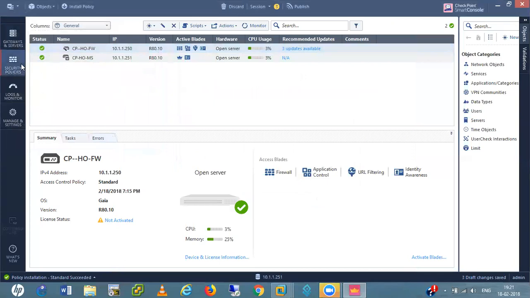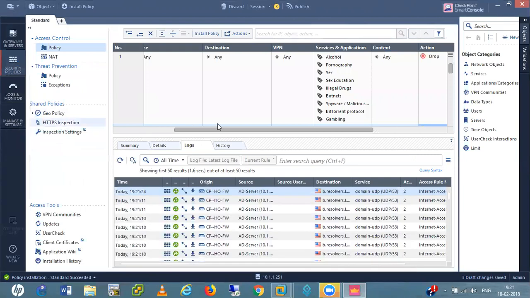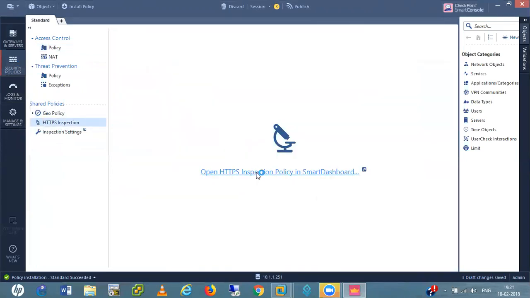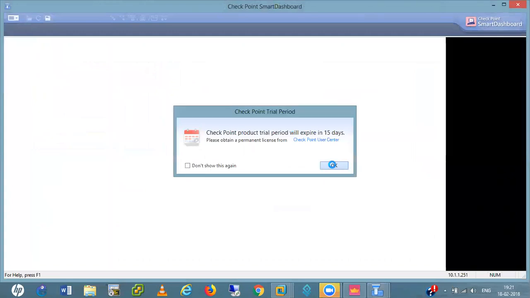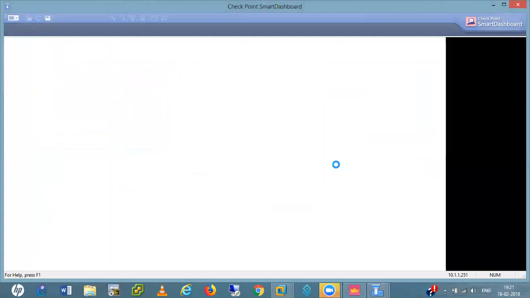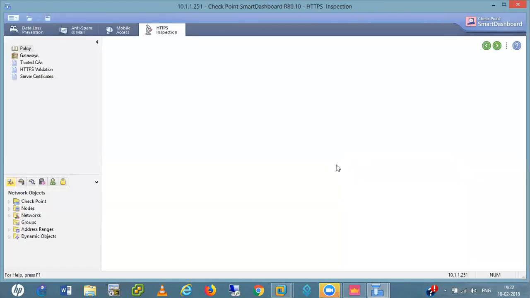Okay. If I go to policy tab now, HTTP inspection. So I'll use the default policy for inspection, right?